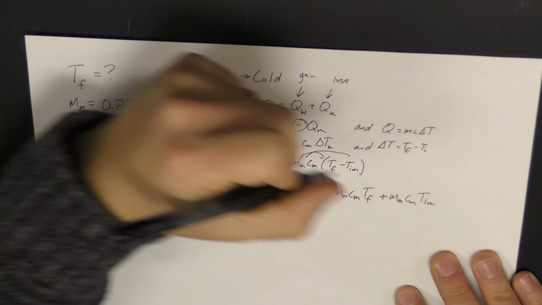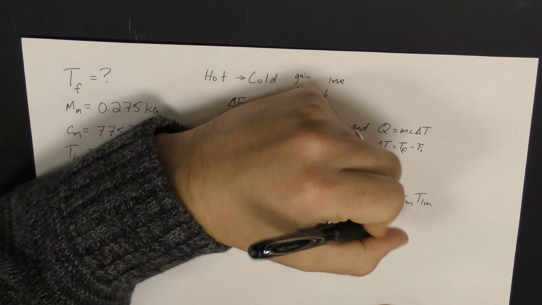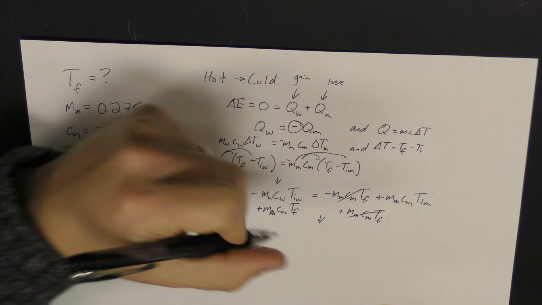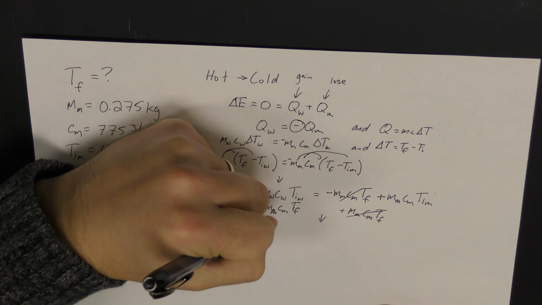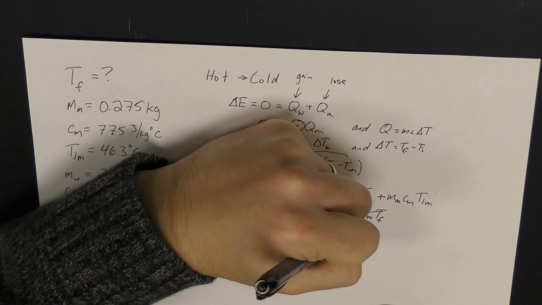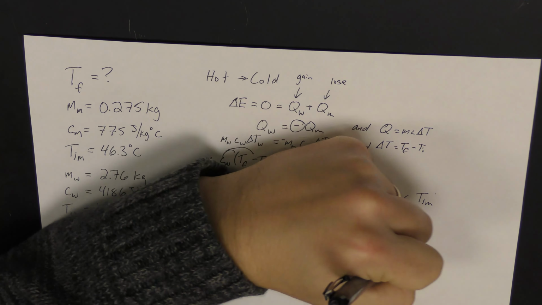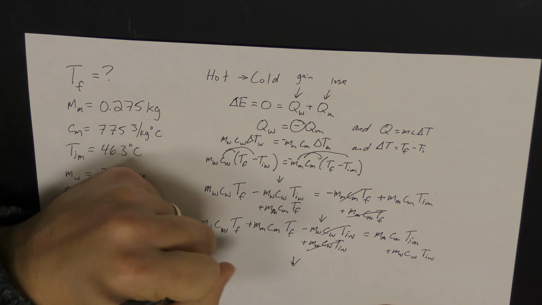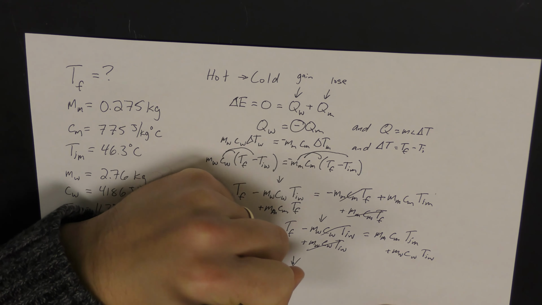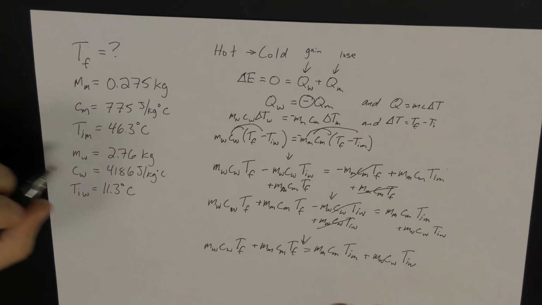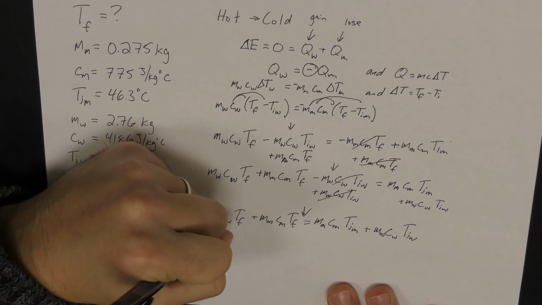So now if we take both of our T final terms and put them on the same side by adding and subtracting terms from one side to the other, then we get an equation that gives us T final terms on the left and our T initial terms on the right. And if we factor the T final out on the left side and divide, then we end up with an equation that solves for T final,